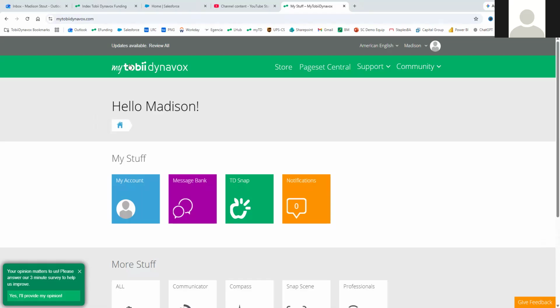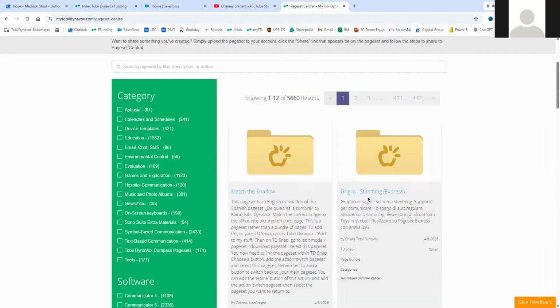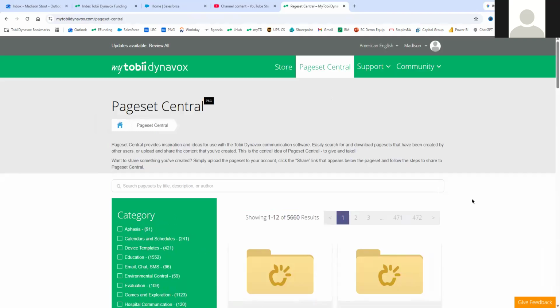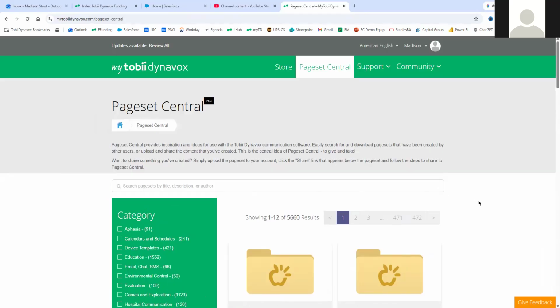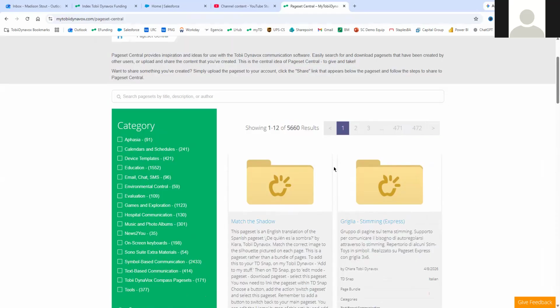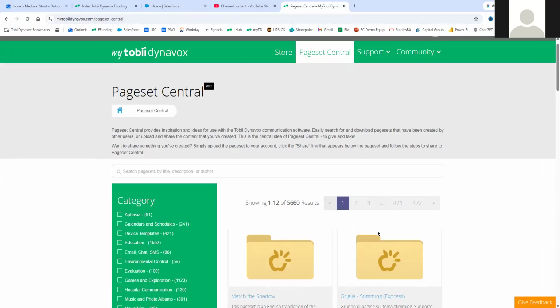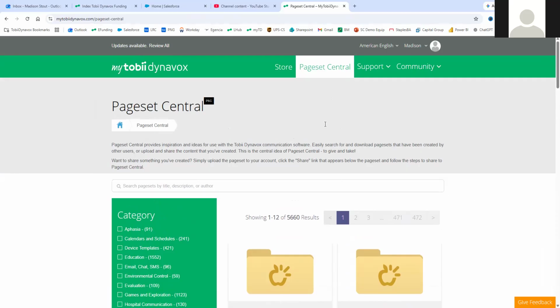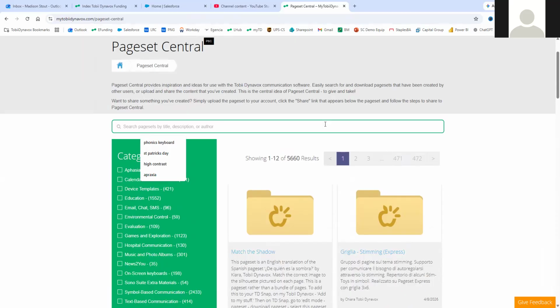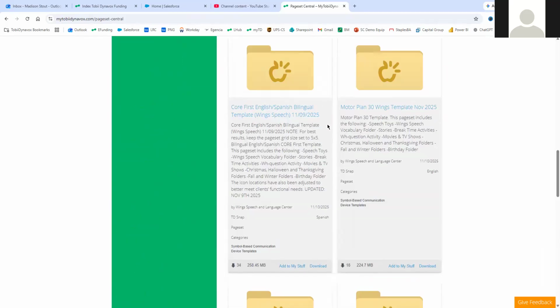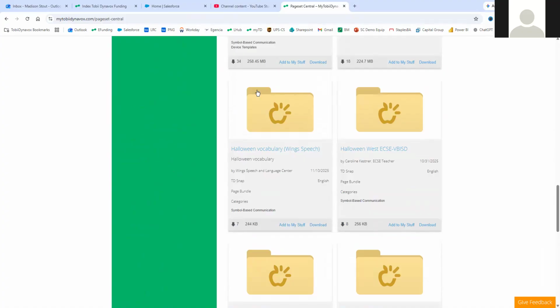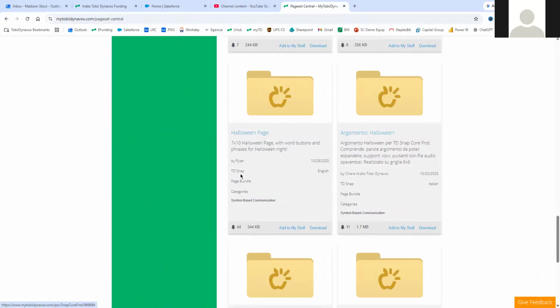So if you're logged into MyTobiiDynavox, we're going to click on PageSet Central right here. Here's why this is really cool. Anybody who has ever created a page set of their own or made a page of their own within TD Snap and has uploaded it to PageSet Central, you now have access to what they've created. Let's say, just for example, you are looking for a page that's already been created for the topic of Halloween. If I scroll down, I can see some Halloween vocabulary, a Halloween page within TD Snap